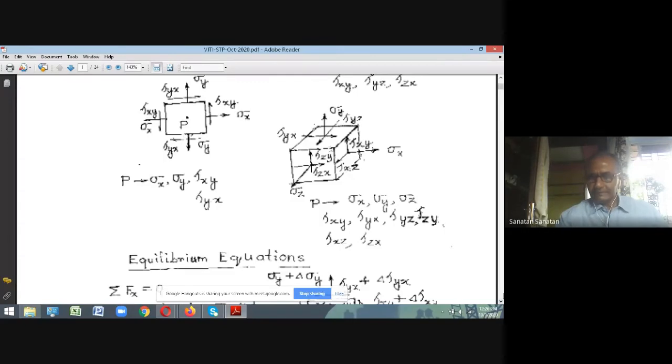Exactly the same thing can be extended to 3 dimensions, and you will come to the conclusion that although we talked about 9 stresses, finally there are 3 independent shear stresses: tau xy, tau yz, tau zx. Therefore, in 3 dimensions, we have 6 unknowns: sigma x, sigma y, and sigma z, and the shear stresses tau xy, tau yz, and tau zx. So this is it. So finally, I think it is